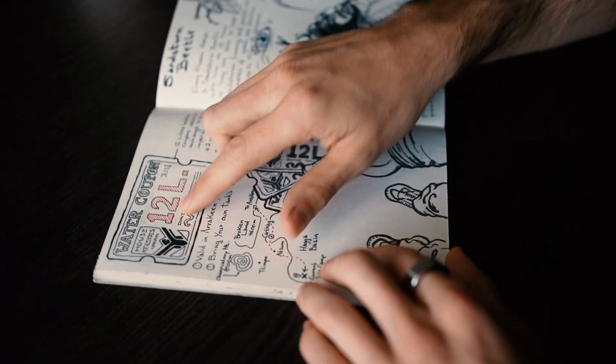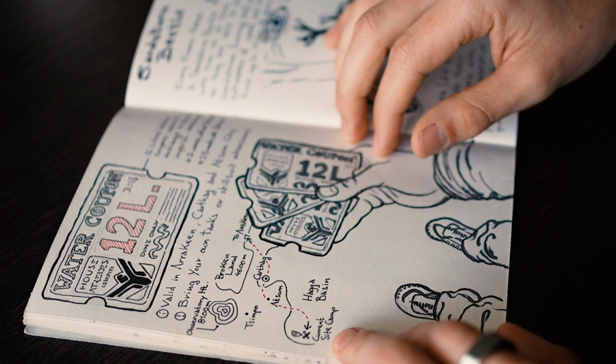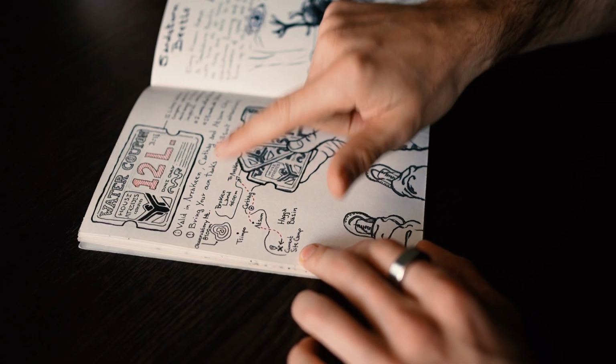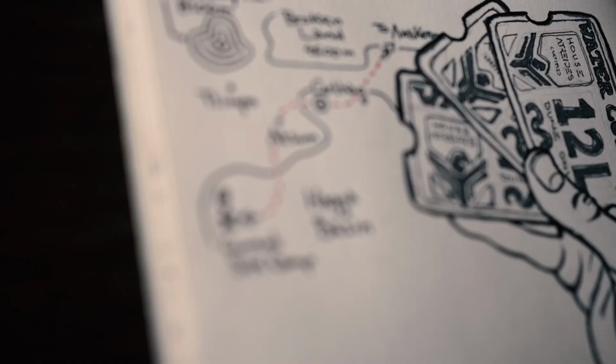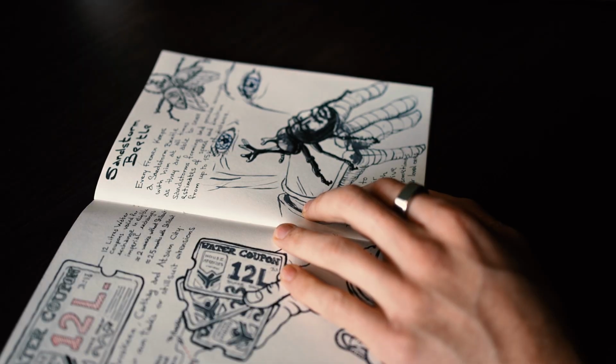Even though I have these water coupons certified by House Atreides. 12 liters of water is worth a lot of money on Dune. But I wasn't able to use them because they're only exchangeable in one of the major cities, and my guide was bringing me exactly in the opposite direction. We're kind of in the middle of nowhere right now. I kept asking to go back or at least head towards one of the major cities, but my guide would deflect my questions by just showing me very cool stuff that he knew that I would be drawing in my sketchbook,